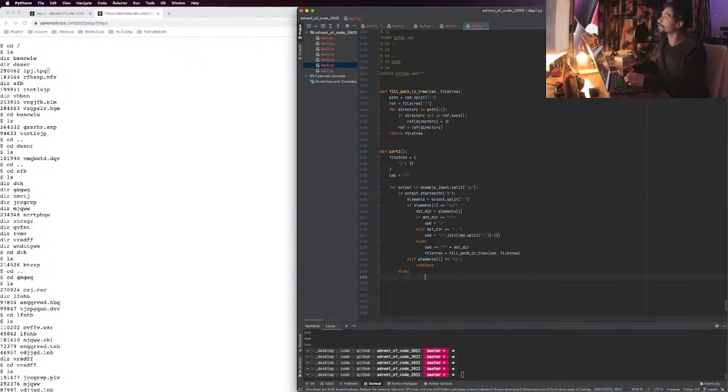Now, when we list, there can be directories, but we don't care about them, right? So if output dot starts with dir, we just skip it, because if we cd into it, then we actually care about it and we're gonna ls it, and otherwise we don't. Otherwise we do